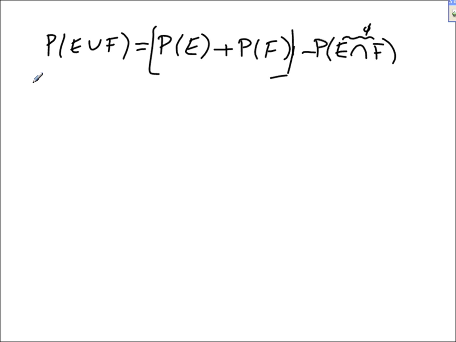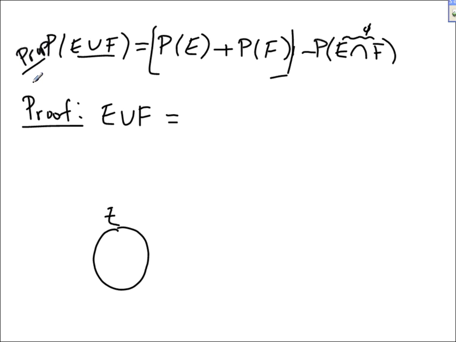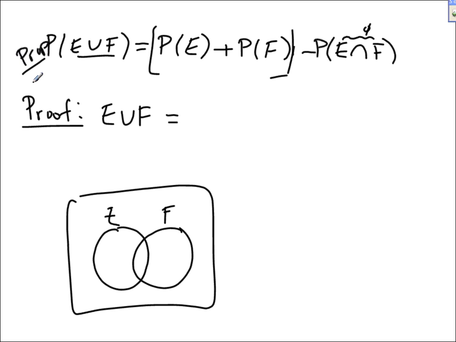Now, how would you prove such a theorem? The flavor is the same. You want to get mutually exclusive sets that equal E union F. So you have, say, E, you have F, they might intersect, and you have the rest. E union F equals E, I meant to say,